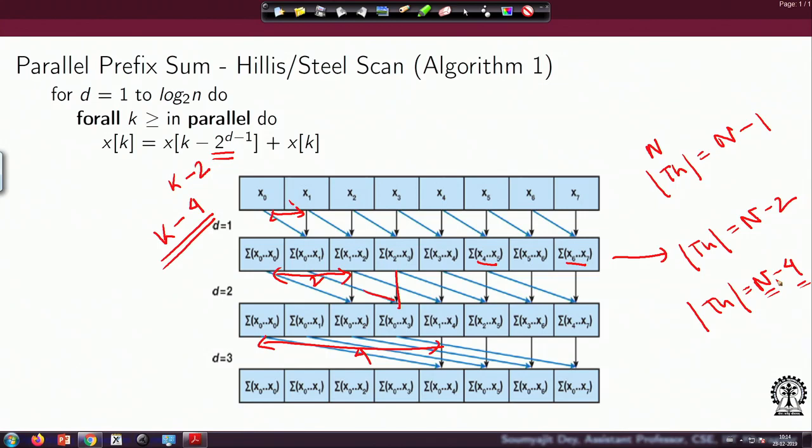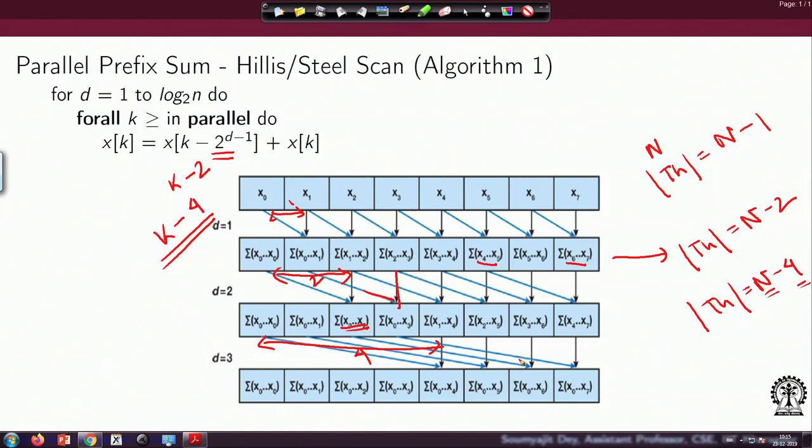So you can surely have that many threads less, as simple as that. Now, the correctness of the algorithm is very easy to figure out, because here I have essentially computed the sum from x0 to x2. Now, if we look at a hop like this, where do I have the sum from x3 up to